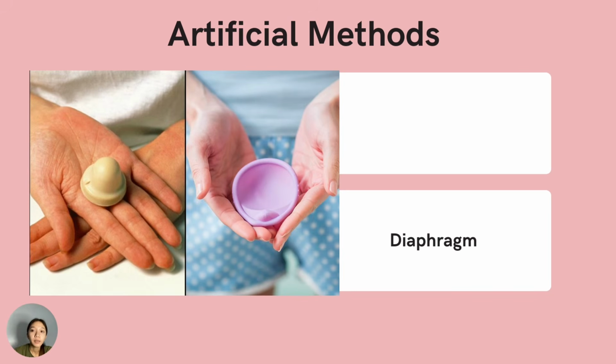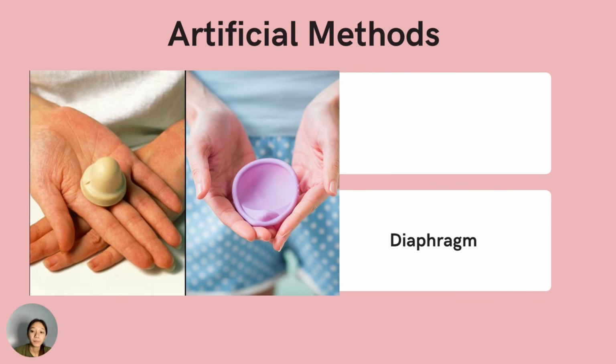Next is the contraceptive diaphragm or cap. It is a circular dome made of thin, soft silicone that's inserted into the vagina before sex. So it covers the cervix so sperm cannot get into the womb or the uterus to fertilize an egg. So if a spermicide is combined with the use of diaphragm, there is a failure rate of 6% ideally and